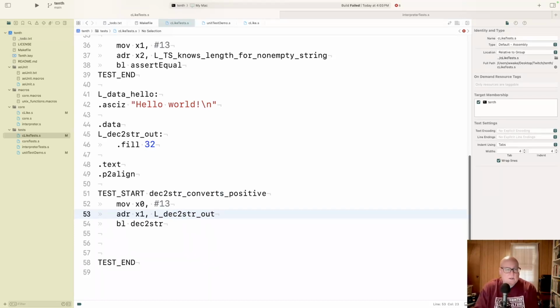Okay, so you're going to tell it what number you want to convert and where you want to put the result. We'll call that function, and then at the end, well, let's assert that,